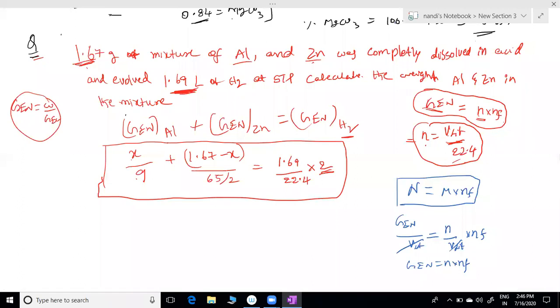Aluminium equivalent weight. Whenever I'm explaining, you are not listening to people. You are just looking at the screen. Then how can you understand? Looking at the screen means at least we should have some knowledge, then we can understand by looking. Otherwise, when I am talking, try to listen to that word also. Maybe I know that sometimes the voice is breaking, I can accept that, but I am repeating a number of times. At least we can get it.